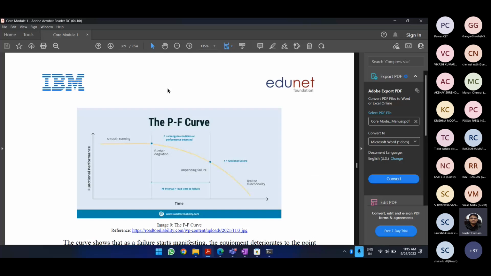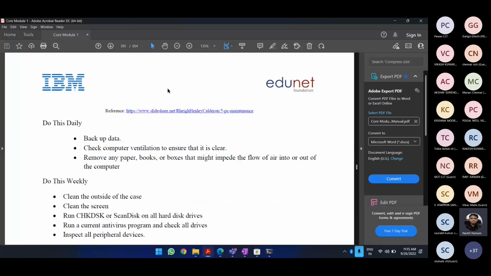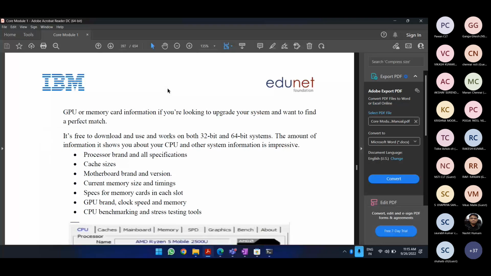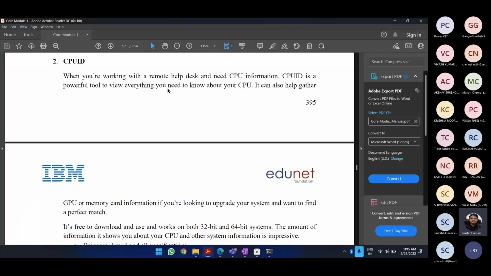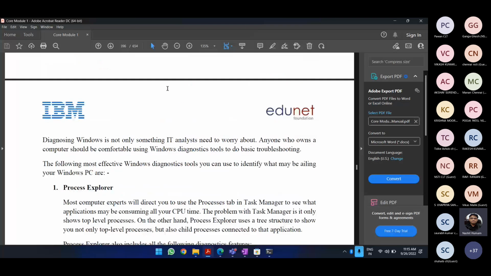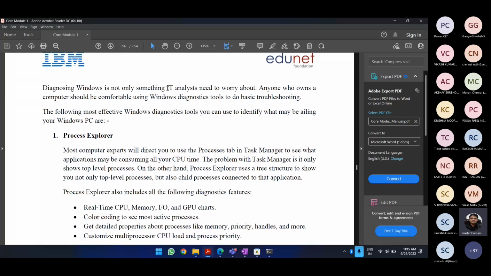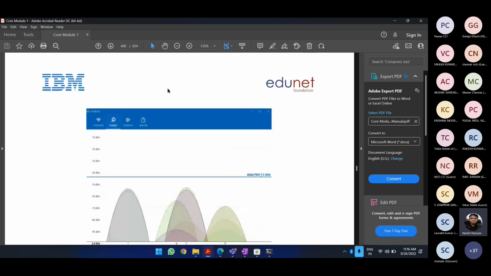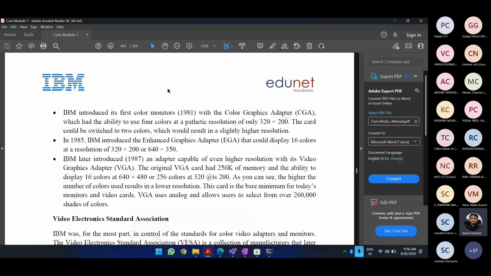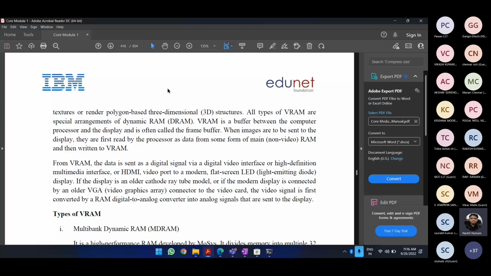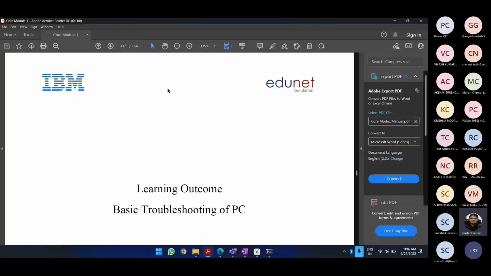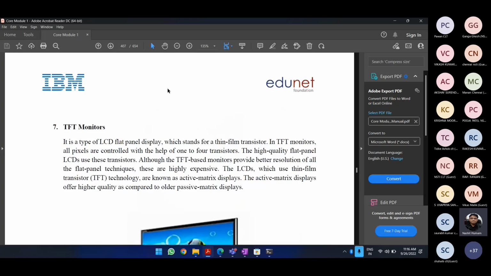Meanwhile, what I would do is, we did a few things yesterday, on Friday, and we stopped right at Process Explorer. So, let us continue this part also, and we would stop where it stops, and we come up with troubleshooting of PC. So we would be continuing it as well, and the shell scripting as well.